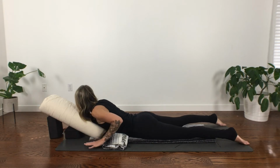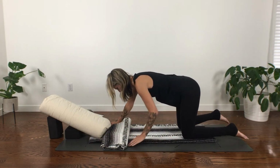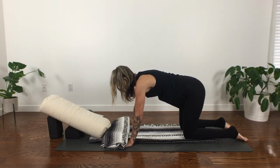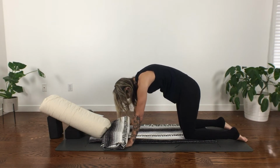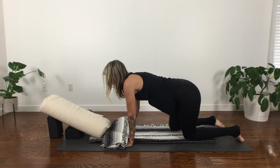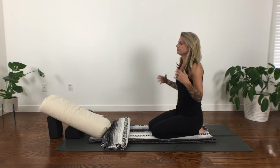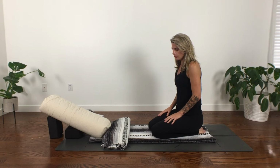Good. Walk your hands back. And use your arms to press you up. And maybe you want to round a cat-cow here. My teacher that taught me restorative always recommended to, in every class, take the spine in all directions. So back bend, forward fold, twist. So that's what we will do, and we'll move on to our next pose, which is going to be a